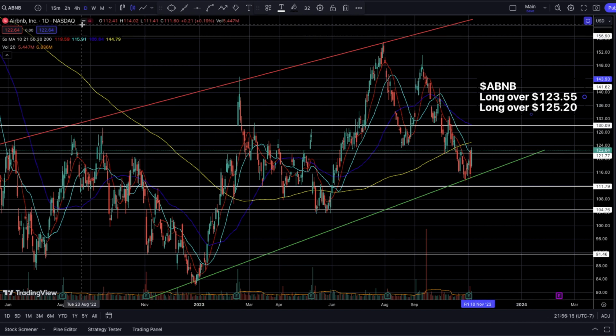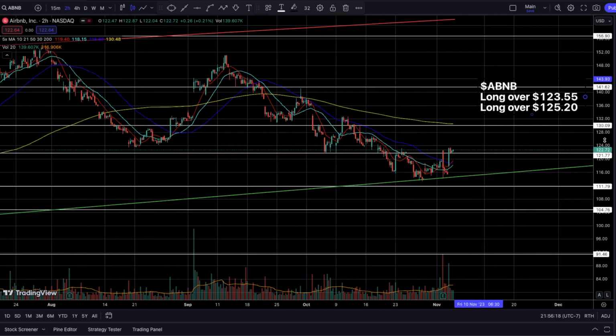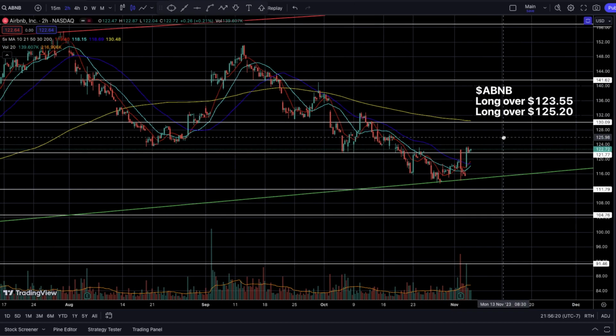Now, if you guys want to be a bit more picture perfect here with your entry, 123.55 is your best bet. Why? Because last Friday's highs was 123.45. And you guys can guess why 123.55 makes sense, because that is very close to that whole number level of 123.50. So if you're able to, again, break over the previous day's highs, well, you got yourself a nice early entry point, right?